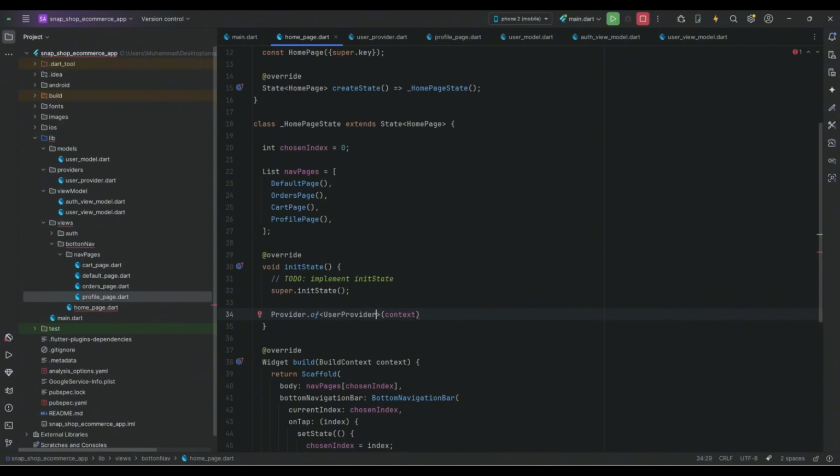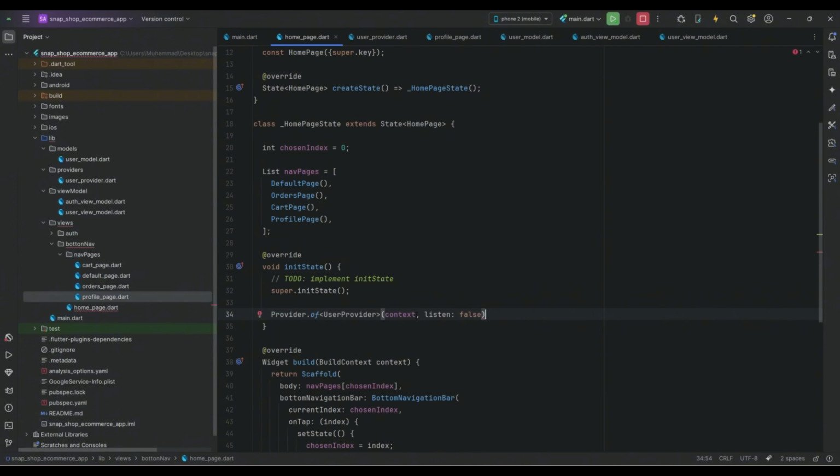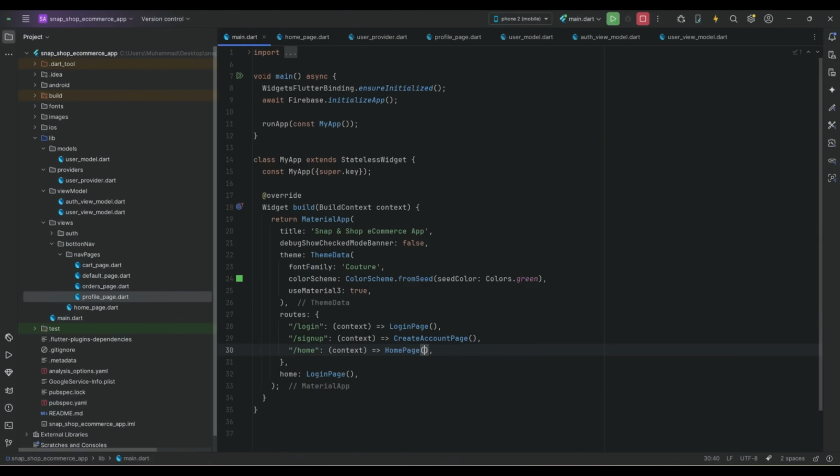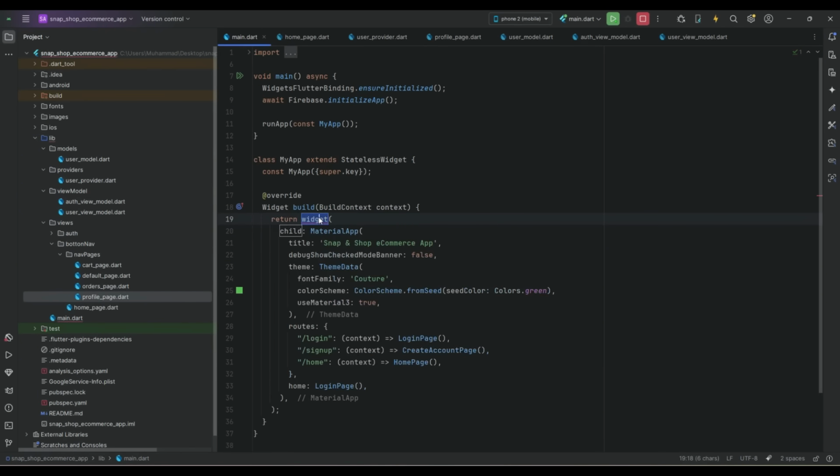So you can say context, listen false, and on the main.dart wrap this material app with a widget,